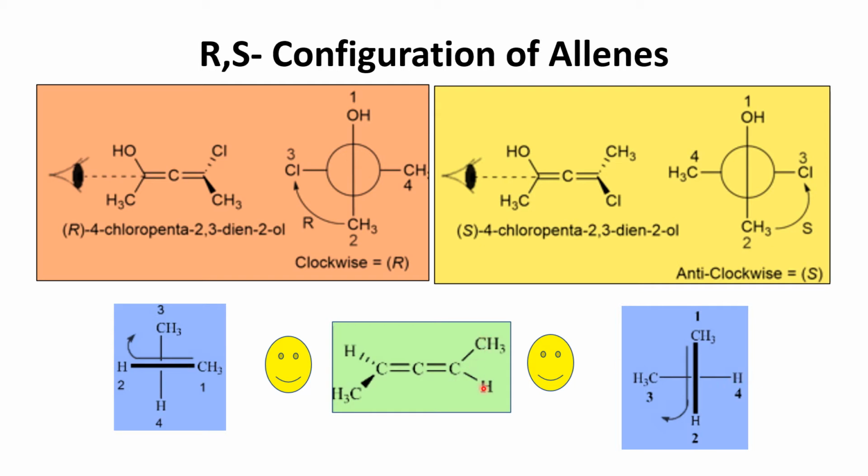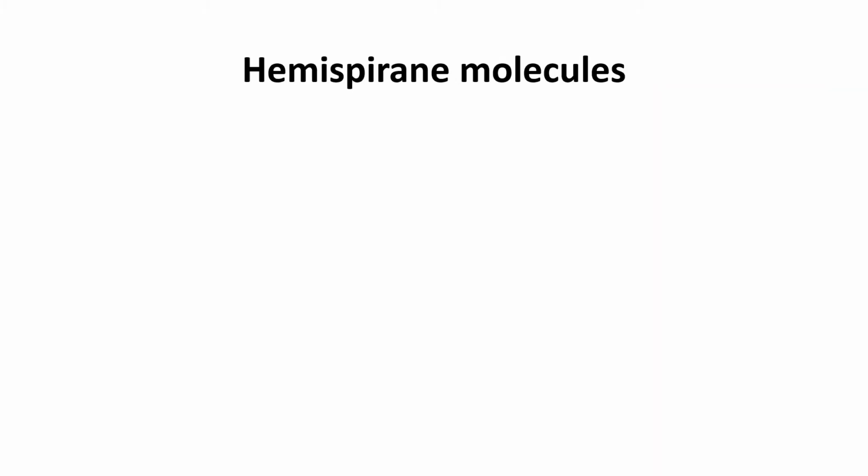So this CH3 and H should be in the vertical, and this CH3, see here the solid wedge is CH3, so it should be on this side. We are viewing on the left side, so this should be on this side, and this hydrogen should be away from the view. So okay, 1 2 3, it should be R, okay.